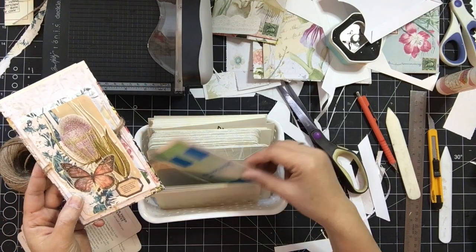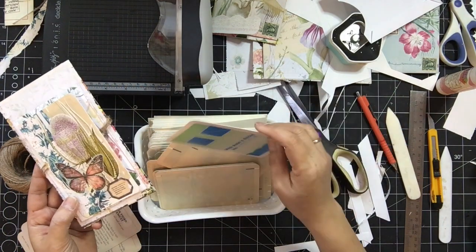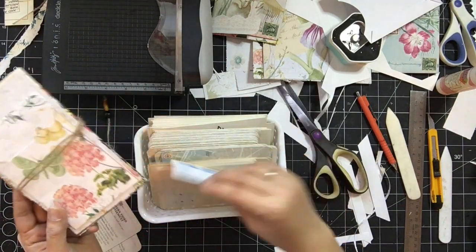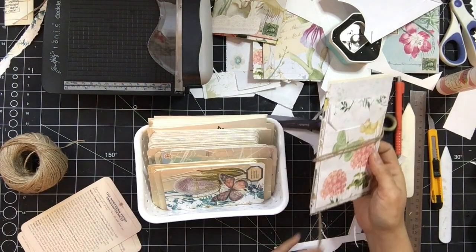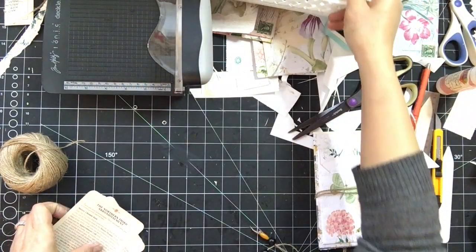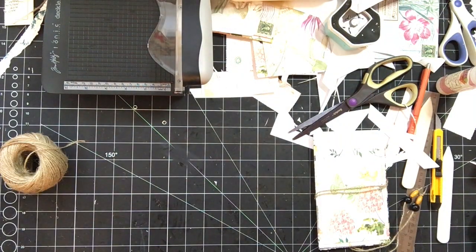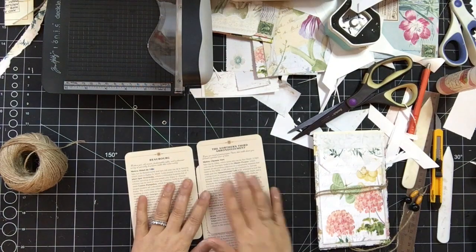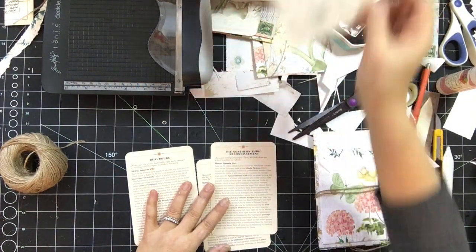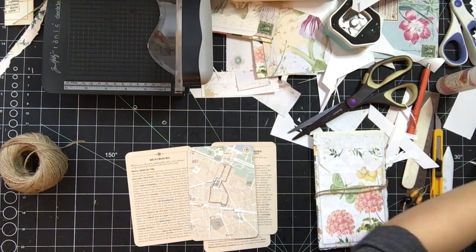This is like a flashcard vocabulary. No, it's like a something. I got it from Value Village or thrift store. I can't remember. I think I watched somebody doing something with game cards, and I went and bought game cards. And then I don't know what to do with them, and now I have something to do with them. So what I'm gonna do with these, I have a journaling card in this kit,